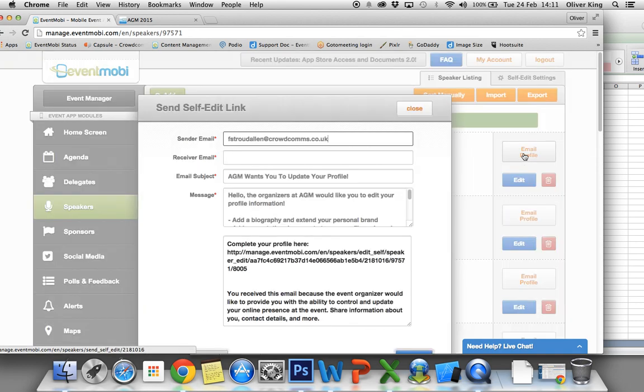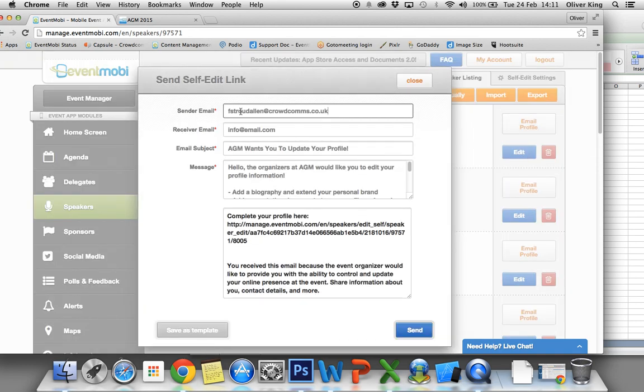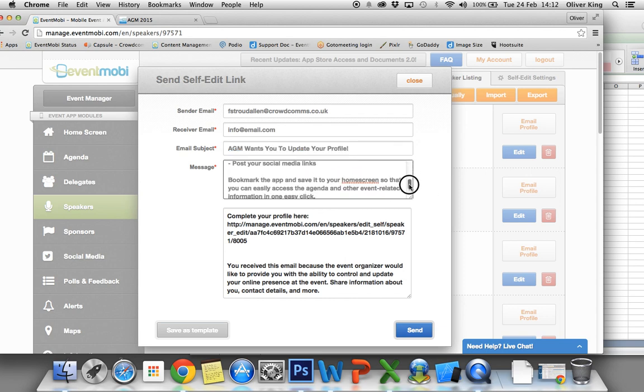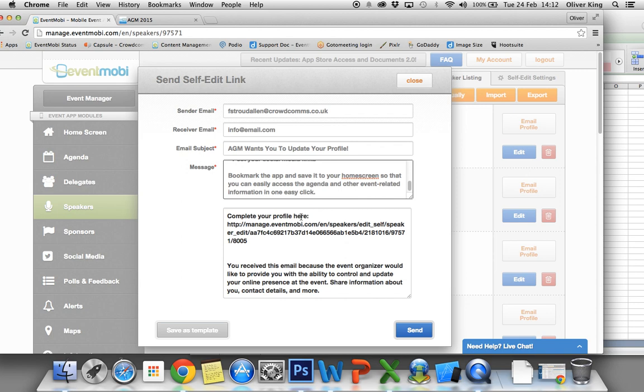Now if we select these, we'll have the sender's email, which will be your email address, the email address it's going to, and then here you can change the subject of the email and the content of the email. At the bottom of each email that's sent out to the speakers, it will contain a link. Now these links will go straight to that individual speaker's profile, so all they'll be able to access is just that profile. They won't be able to access the rest of the app, but they can go on there and